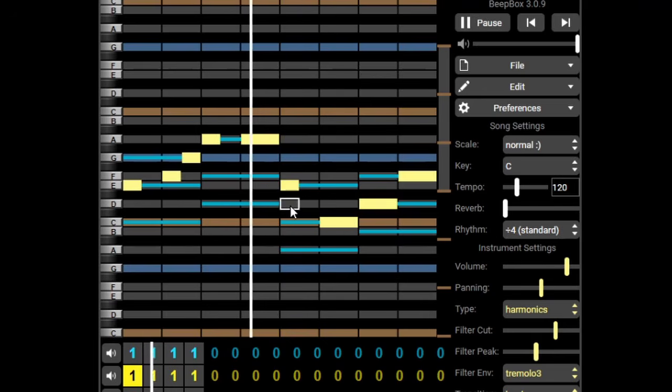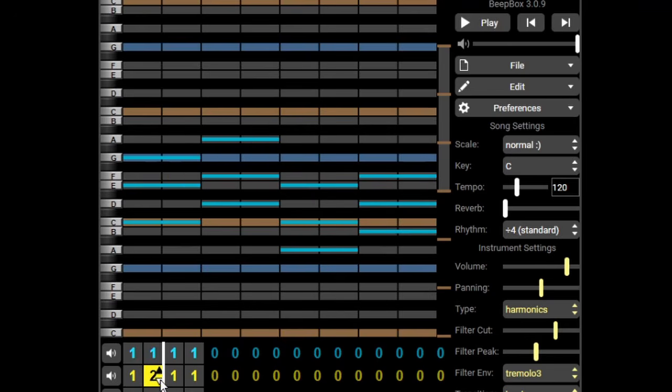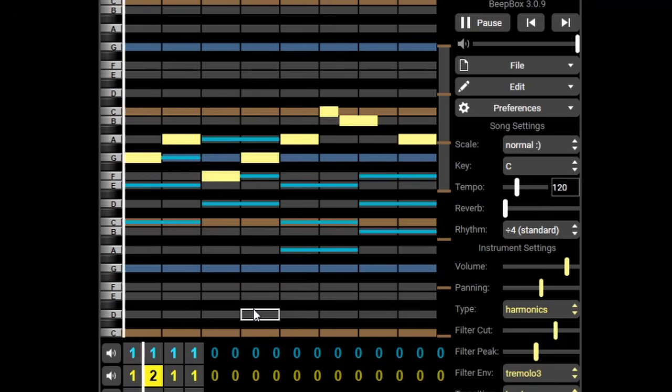Now, just so this doesn't get too repetitive, we're going to add more melody. So click on the next bar over down on the track and set it to the number 2. Or you can just press 2 on the keyboard. Now, either write new notes from scratch,